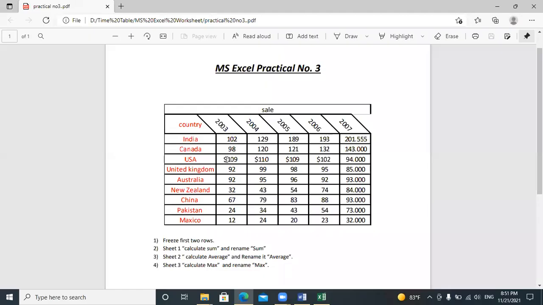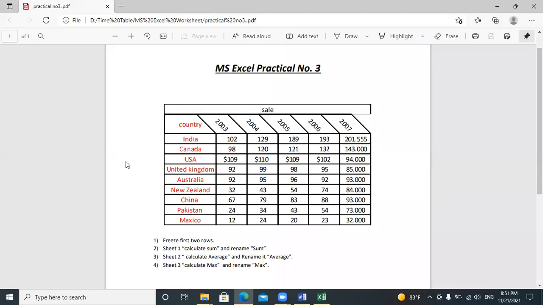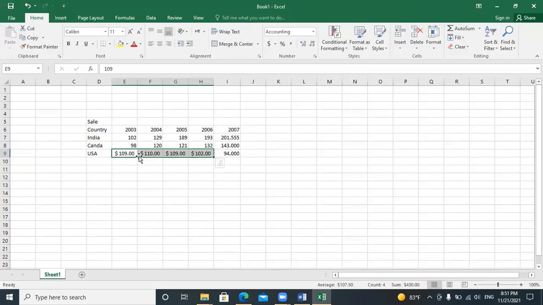Okay, after that I need the dollar sign. So what I will do is select it. You can see this option, the dollar sign. If I click this once, the dollar sign will come. But here I don't need the point. After the point I don't need any digit, but there are two digits, two zeros. So I will decrease it with decrease decimal. This one digit has decreased. Click again, and it will decrease the second digit also.